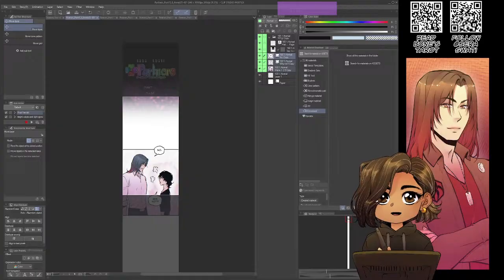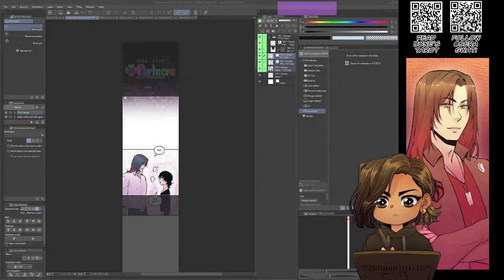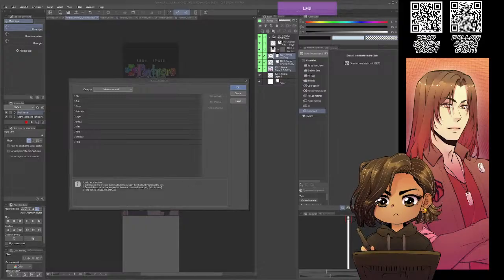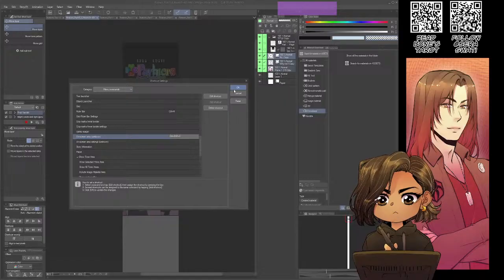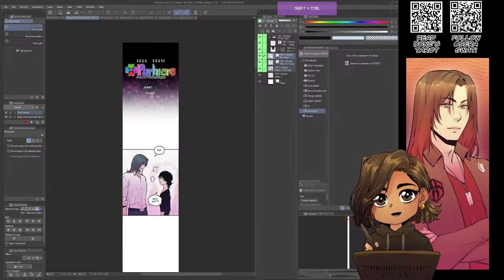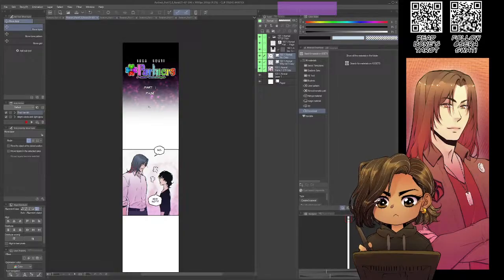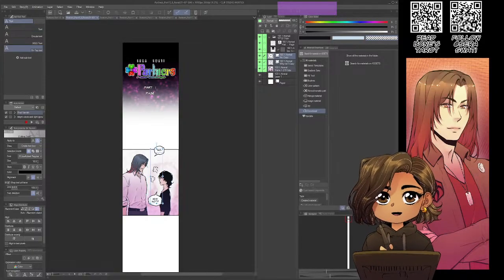This was my Control-Shift-C, so I need to bring back that shortcut. Was it under View? On screen area for Webtoon, Control-Shift-C. Okay, cool. So now we can turn it on and off at will and format our scroll panels easily.